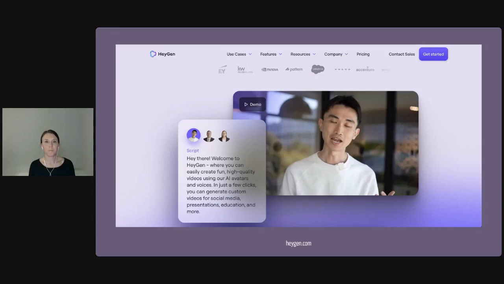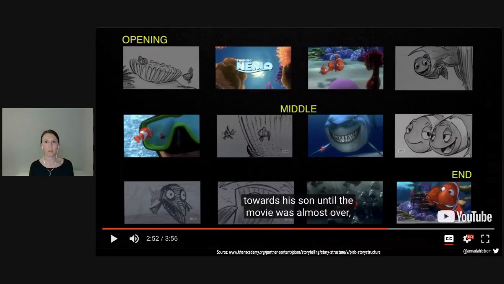Now, why am I talking about this and presentations? When we look back to traditional storytelling, there's a really key thing, which is about how we tell a story and the order in which we tell our stories. So this screenshot is from an early screening of Finding Nemo. And this was the early order of how that film would actually work. And as you can see from the little storyboard here, it wasn't until the end that the audience would find out the reason that Coral got killed by Barracuda.